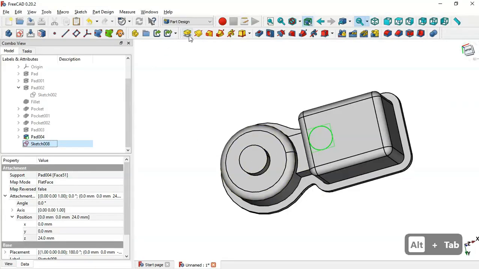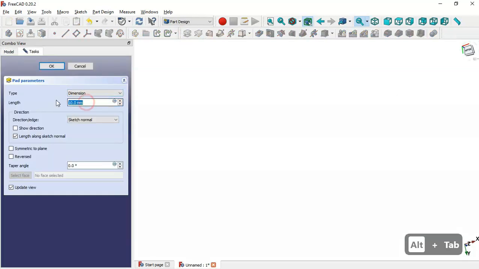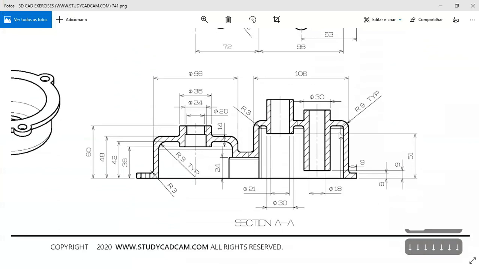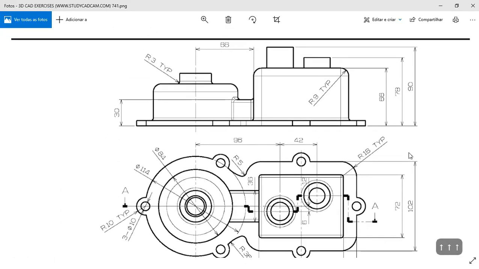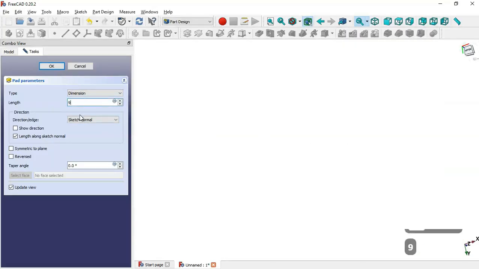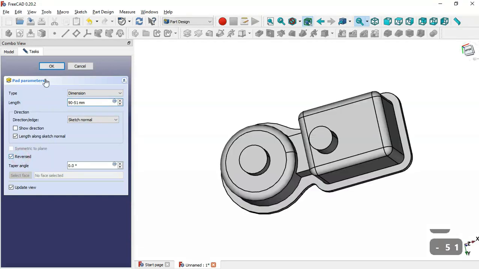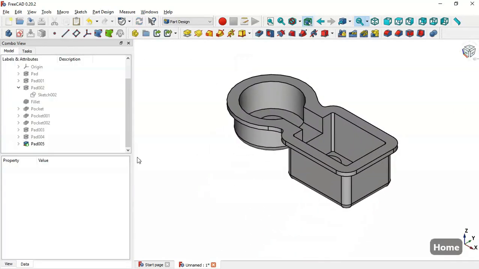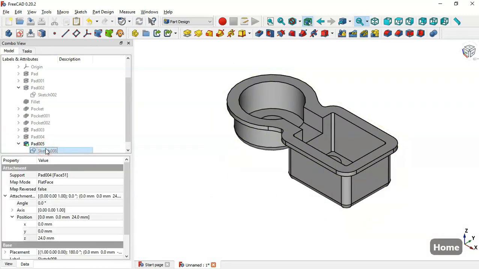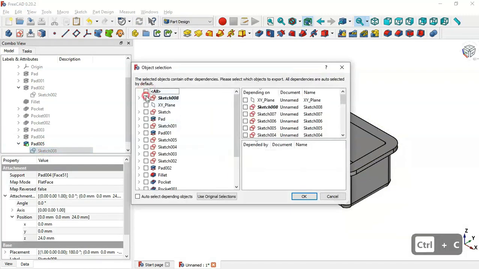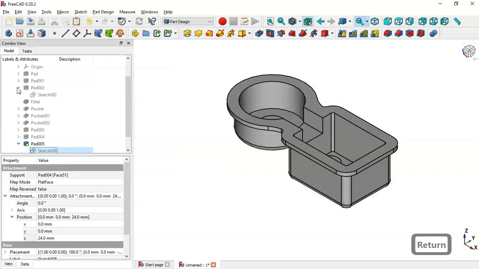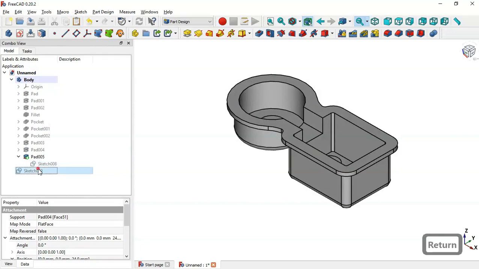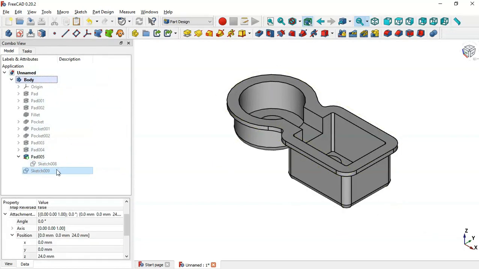Okay, and now we go to the pad tool, and here we'll set a length of, okay, here we have 51. So here we'll set this formula 90 minus 51 and set reverse it, and click OK. And next here, click in this arrow and copy the sketch here. Okay, and now paste the sketch in this document, and now we drag the sketch into this body, and now double click,